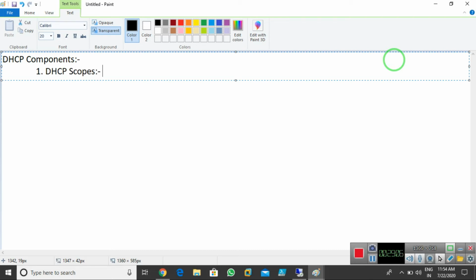DHCP scopes are used to provide the IP address range. I need to define the range on DHCP. I mean, I install DHCP, but after that I need to configure DHCP as well. Now I need to tell the DHCP, okay, this is the range you need to provide to the clients.